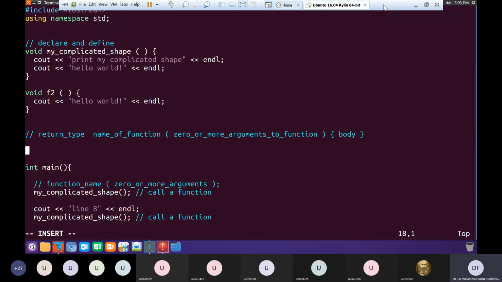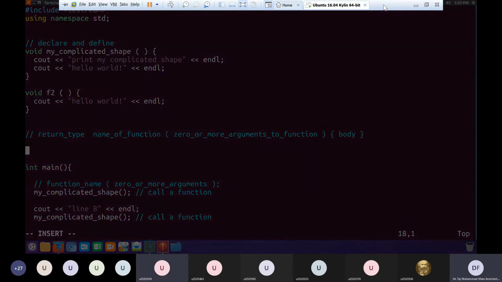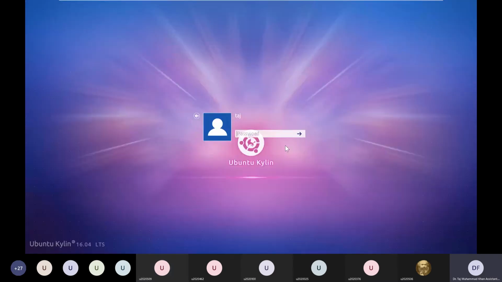Is it clear? What do we mean by the return type? No, sir. Okay. Sometimes a function performs a calculation. Uzair, I'm going to mute you for a moment, and then sir, you can unmute again.